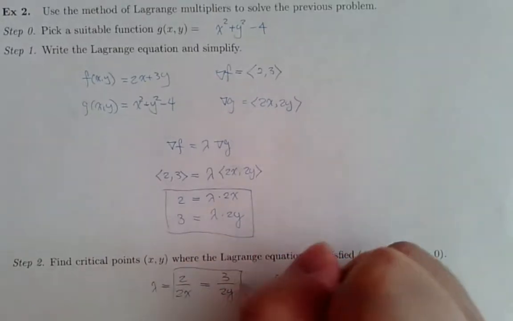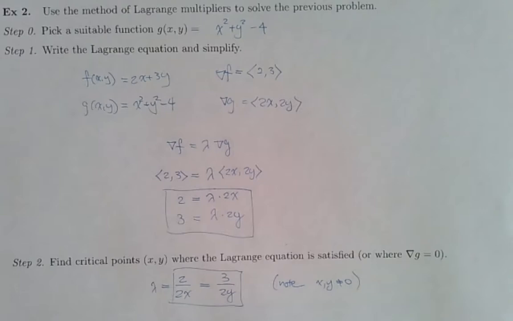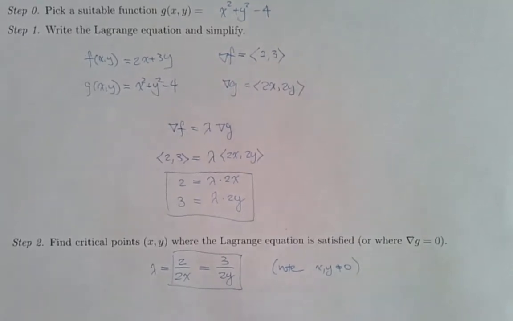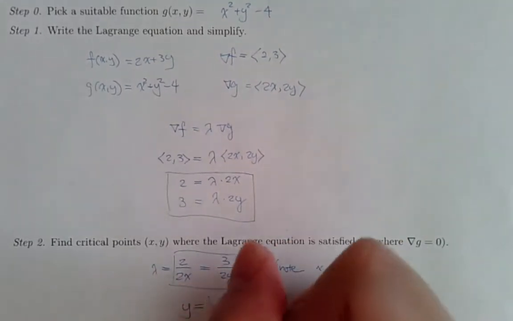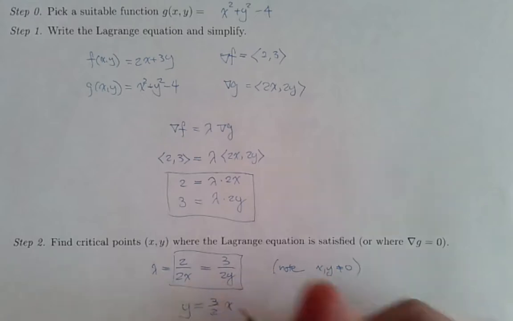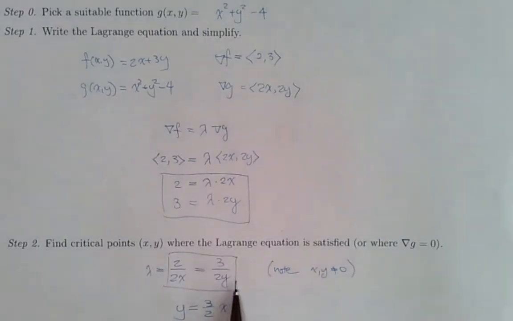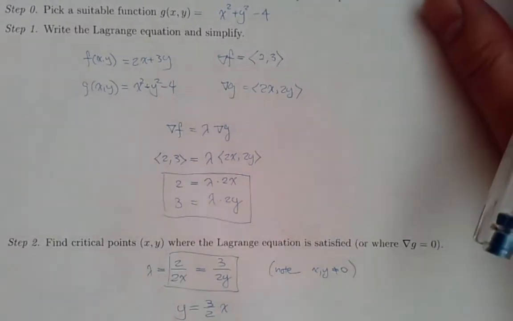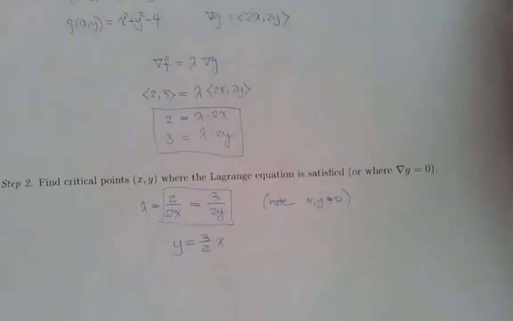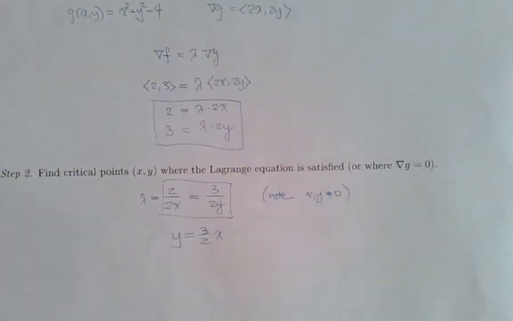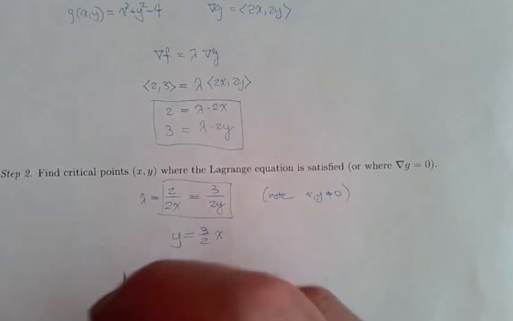And now I don't actually care about lambda. I care about the relationship between x and y. So from here I can see that y is equal to 3/2 x. Move y to the other side, x to the other side, y equals 3/2 x. And so now we have that, we could find the values. So that means